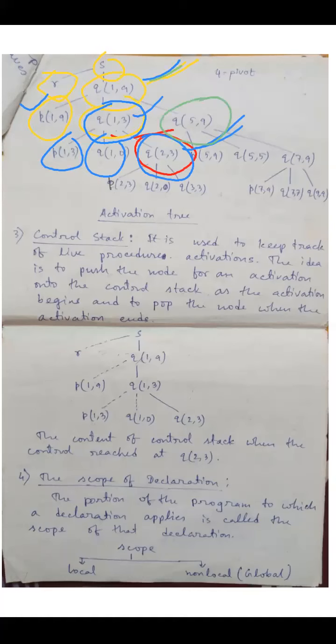So when we are at this point, what will be the content of the stack by which you are keeping track of different function calls? So this is the stack. Look at the stack. First we call S, as I have already told you. Then you call R, already executed. The dotted line means called and executed completely.